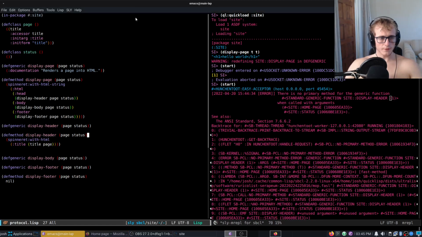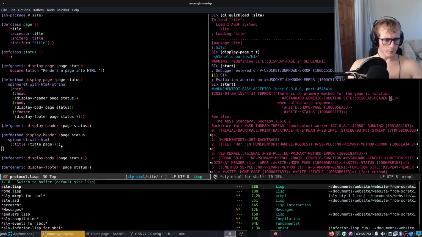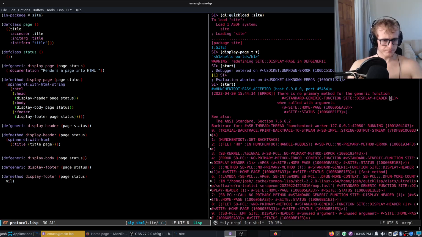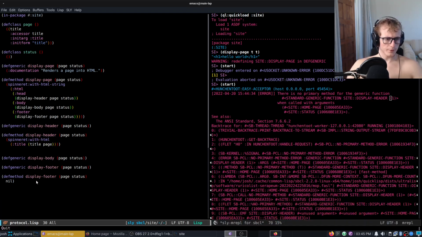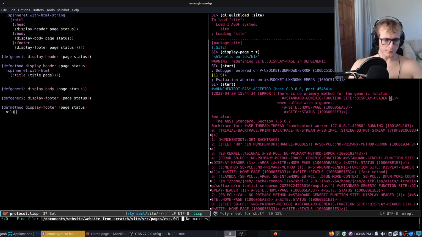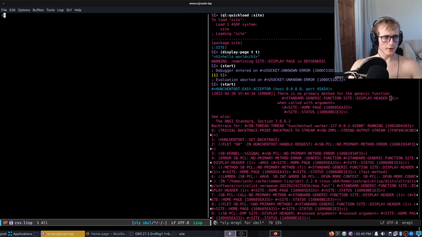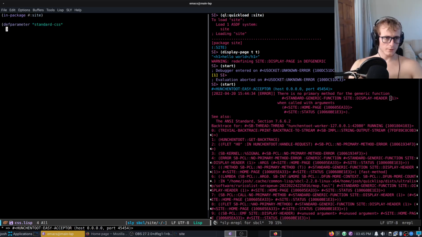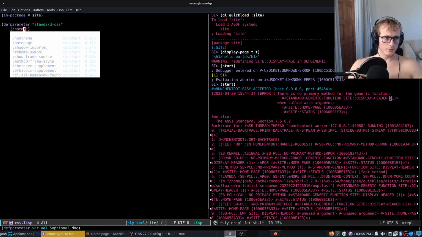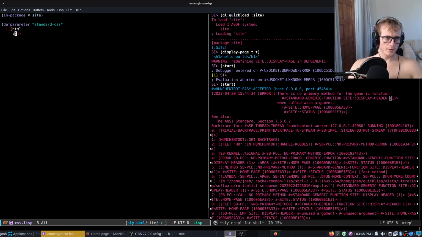There we are. Easy. Okay, so now let's get to CSS. What did we call pages, didn't we? Protocol. We're in pages. Maybe we'll just keep it in here. We'll just have a generic file called CSS, which just has our standard CSS in package site, def parameter standard CSS. Home. HTML background color yellow,